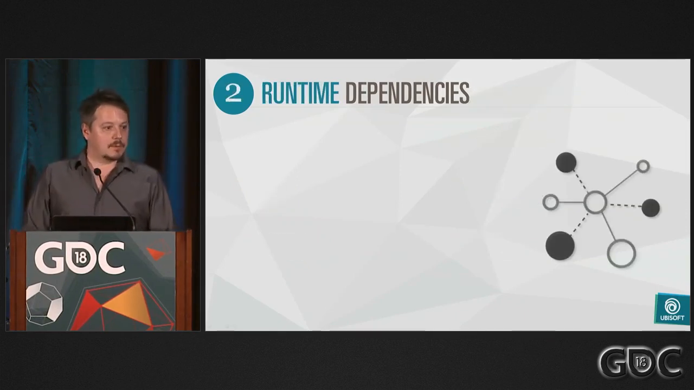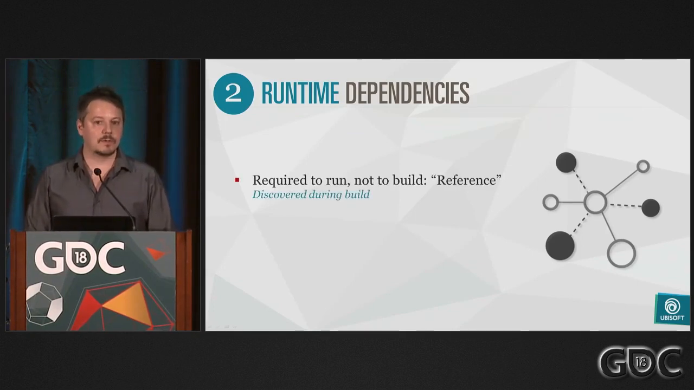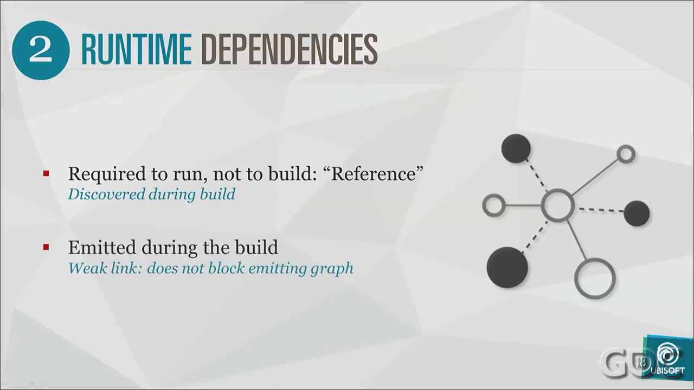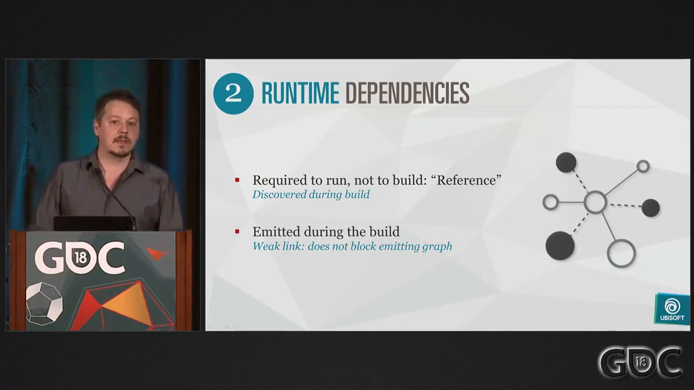So we can oppose to the compile dependencies the runtime dependencies. The runtime dependency has no effect on the output. It's just a simple reference to another asset, but it will be required to run. And those ones can be emitted while you're building your asset. You will discover that you have a reference to another asset while building your assets. So you emit these runtime dependencies, and this other asset will actually be used at runtime